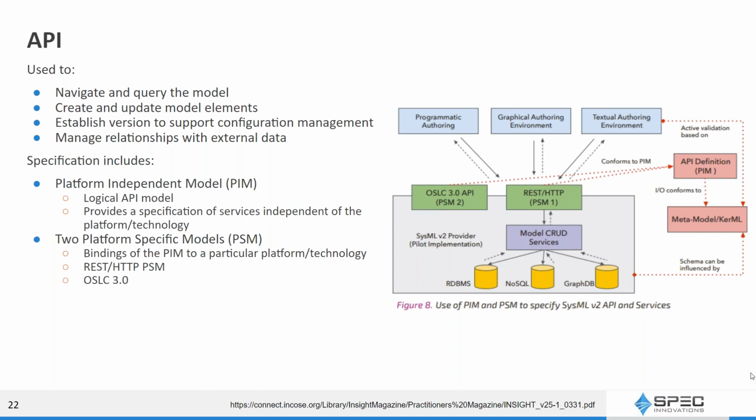And then it also defines two platform-specific models, or the PSM. So the bindings of the PIM to a particular platform and technology. In this case, they've used the REST HTTP and the OSLC 3.0.